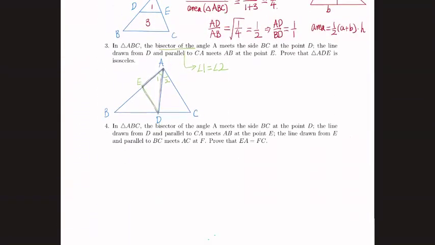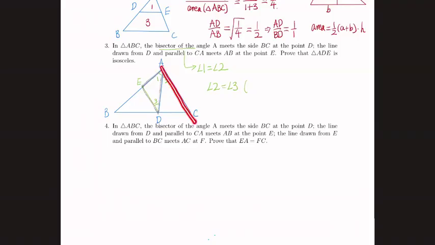Since angle 1 equals angle 2, that means angle 2 is also... and also angle 2 equals angle ADE. I'm going to call this angle 3. Angle 2 equals angle 3. Why, Eric? Because if you turn your head, you can see that since AC